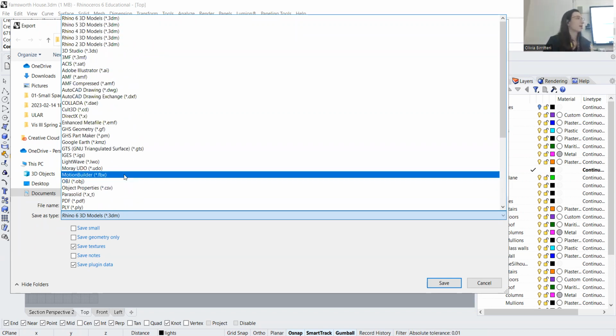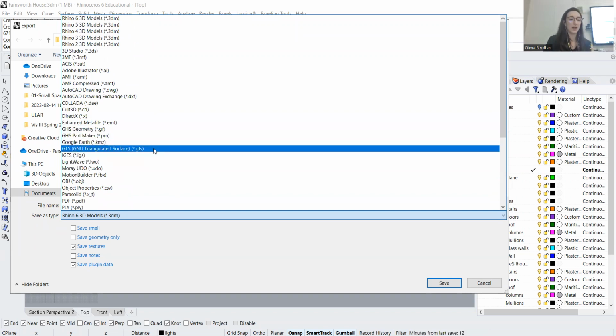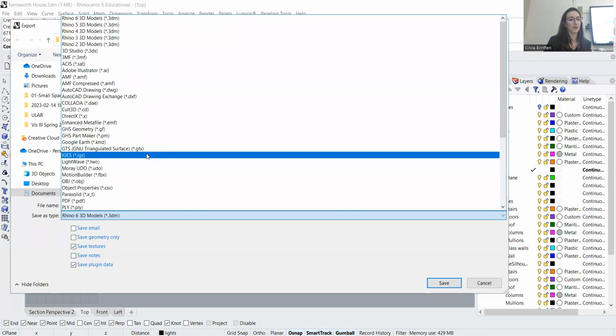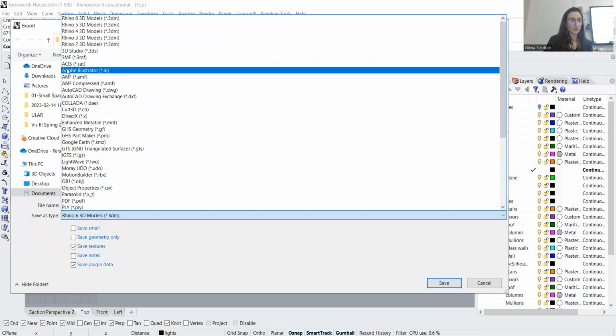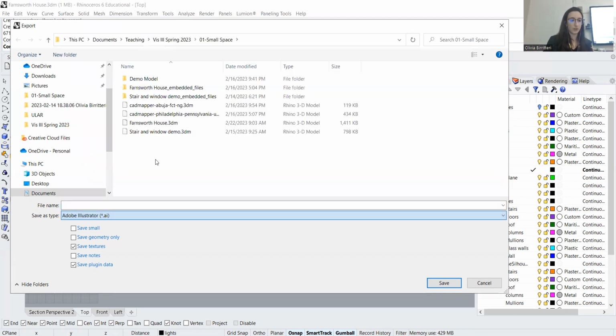So it becomes relatively versatile when you're trying to bring objects into different programs. You'll notice here that one of the options is Adobe Illustrator. And since we're going to be exporting these lines to work on some line weights, that's where we want to export to. So we'll just click Adobe Illustrator